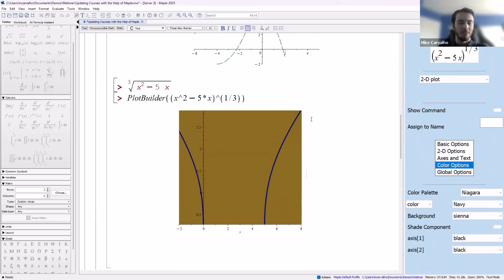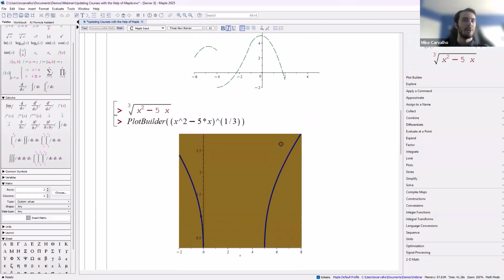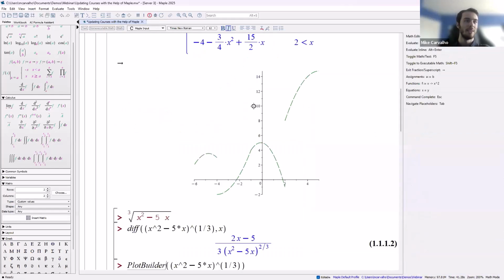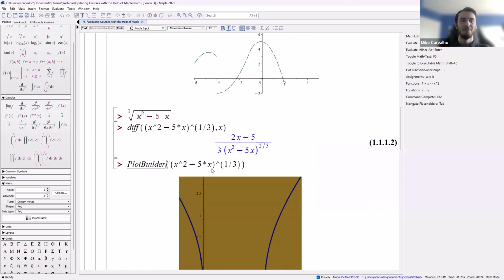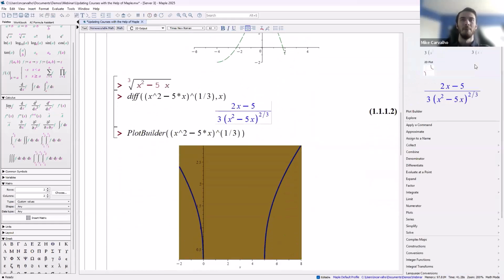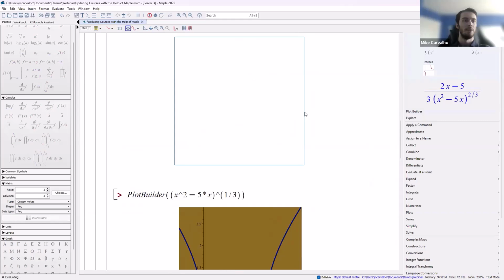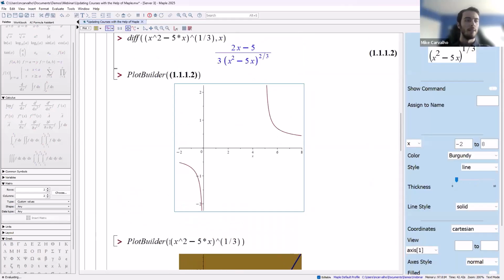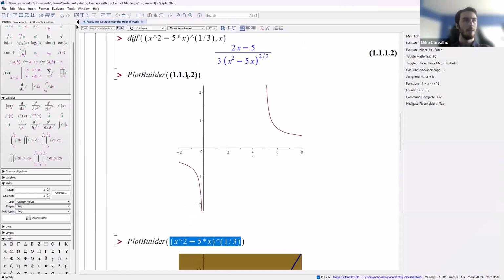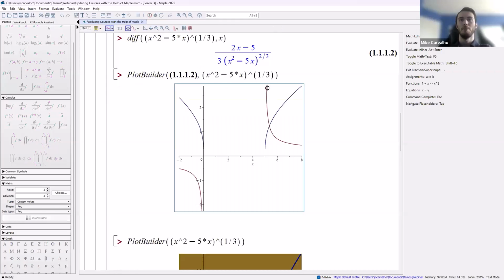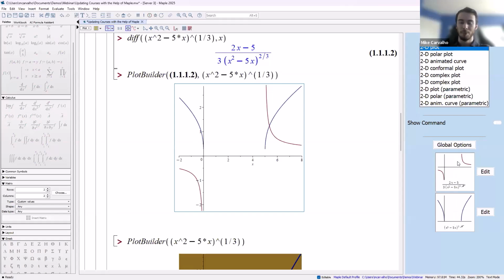Now, if I want multiple plots on the same plot as well, we can do that too. So if I go back to this expression, maybe I want to show the derivative of it as well. I can differentiate that super quickly, the click of a button. And if I want to build this plot, I can do just that. Now let's copy this expression here as well. And there we go. Just like that, I can use the plot builder to walk me through multiple plots at once, and I have full control over them separately.